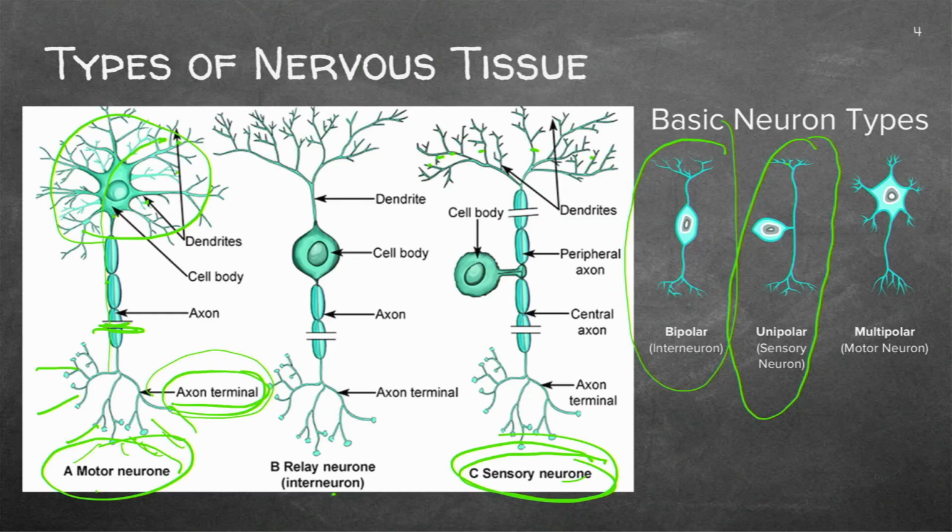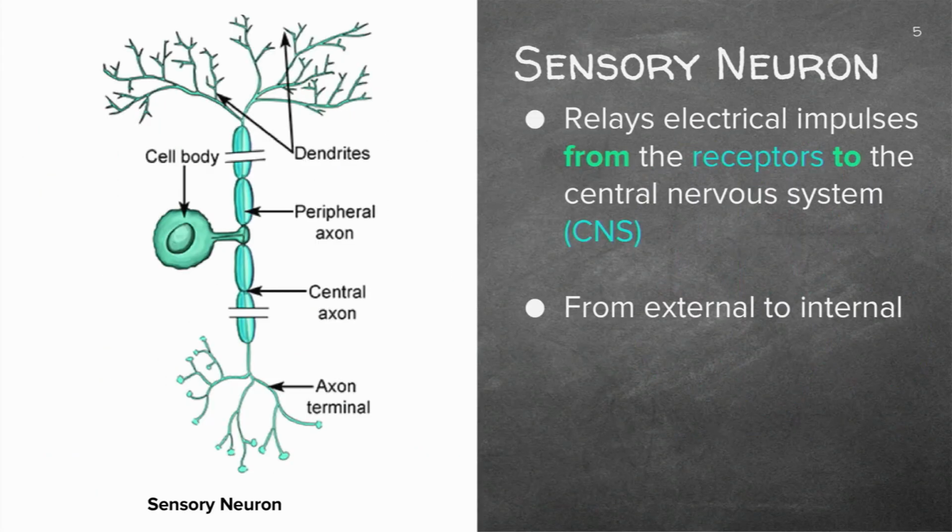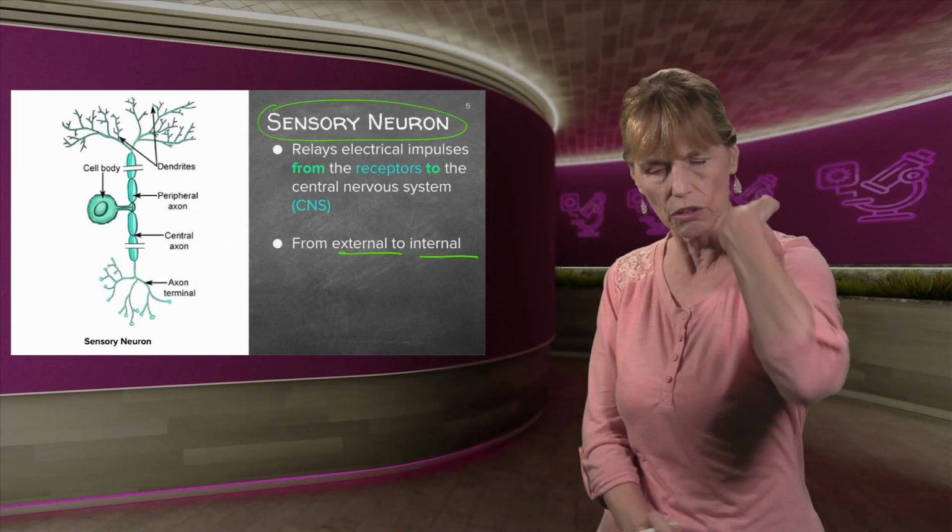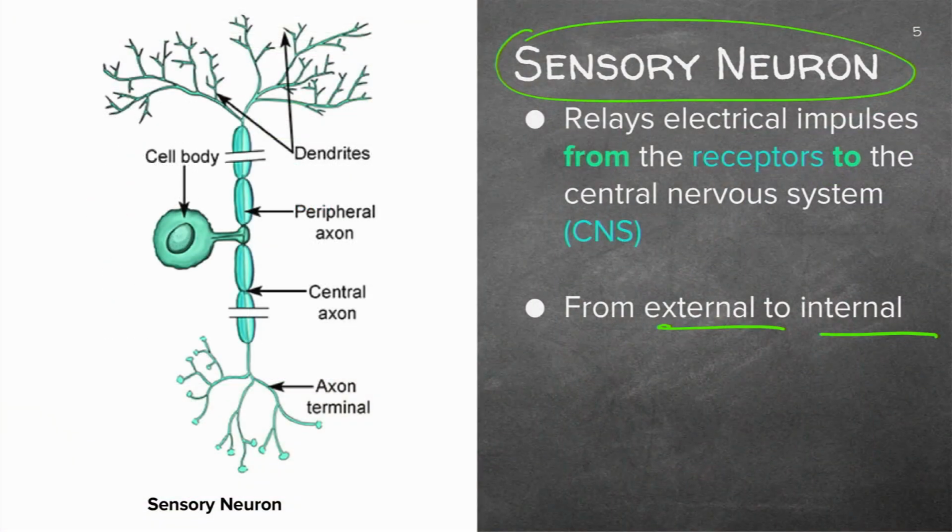Motor neuron has lots of dendrites. So it's picking up the information that it's getting, and it needs to pull up your hand. So you have 3 basic types of neurons, and here I've shown you the different sizes. Now, if we go to the sensory neuron, just a summary of it, it's from external to internal. It relays the chemical impulse from the receptor to the central